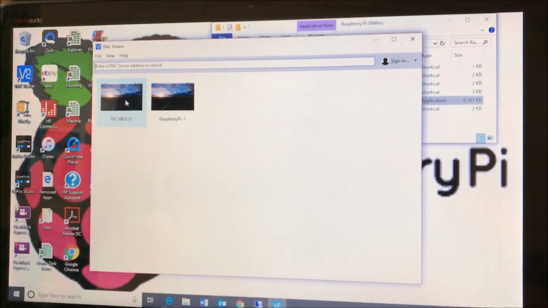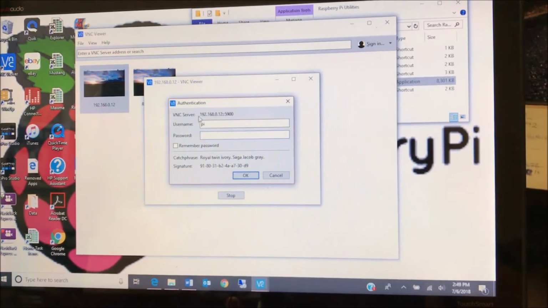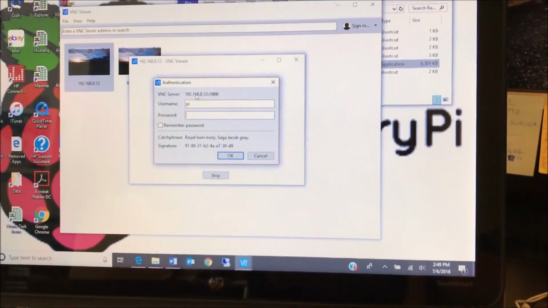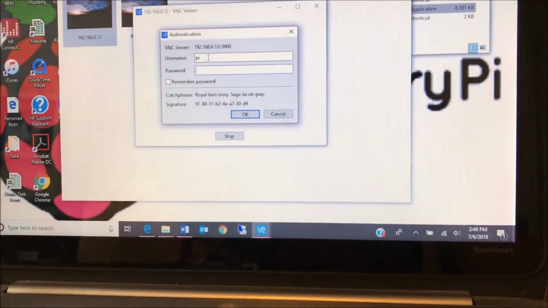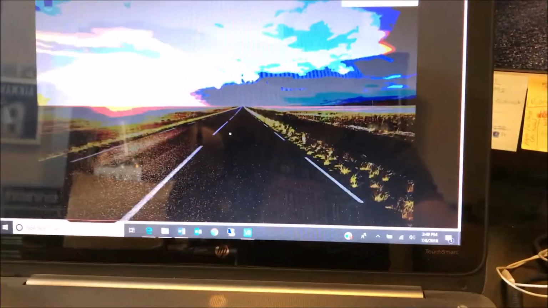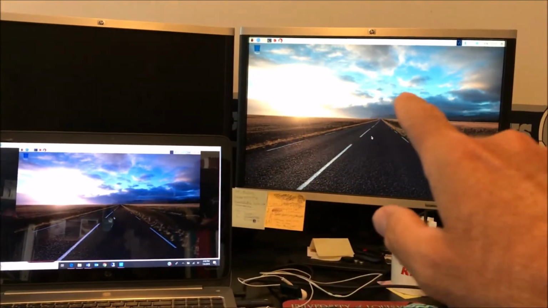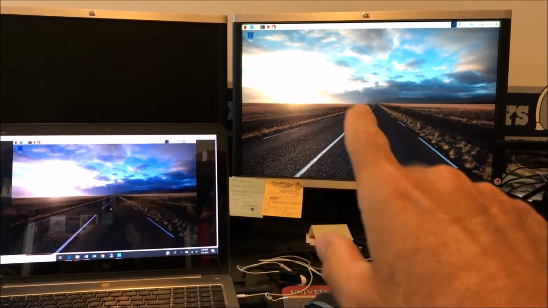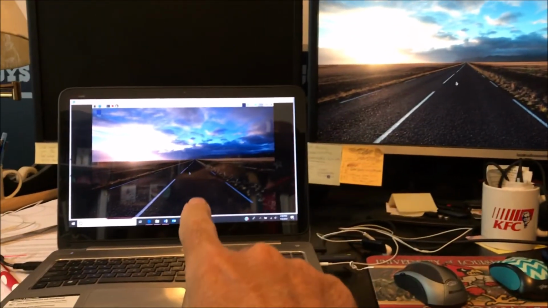And then I'm going to choose a pre-configured setting. And there's my IP address, and we've talked about that in the video. There's my user ID. And I'm going to type in the password. And then I'll click the OK button. And boom, just like that. I'm now logged on, connected to my Raspberry Pi, and the Raspberry Pi screen is being displayed on my laptop